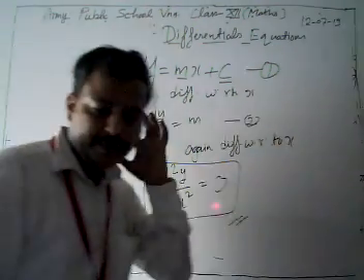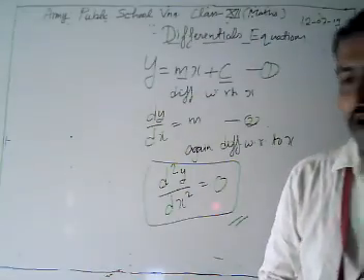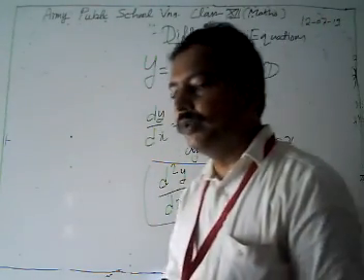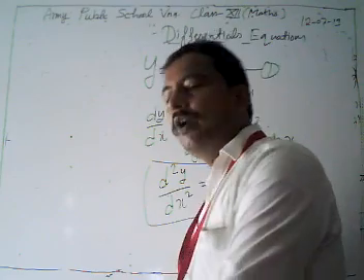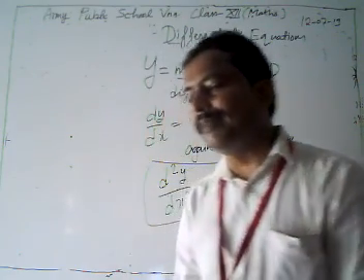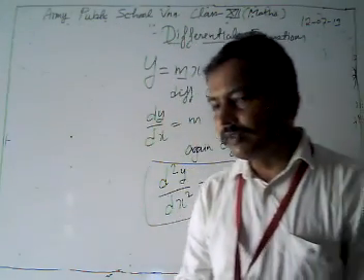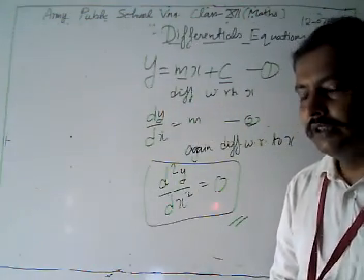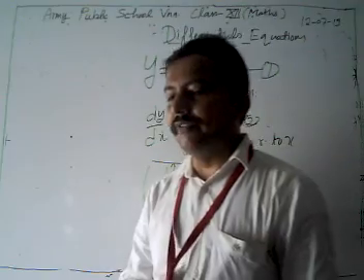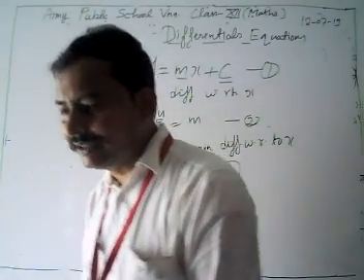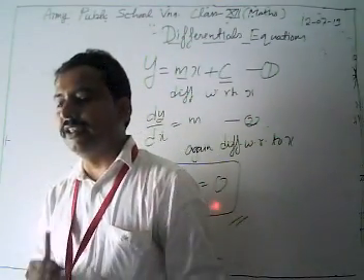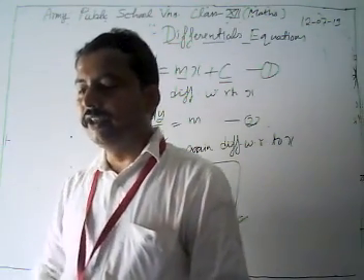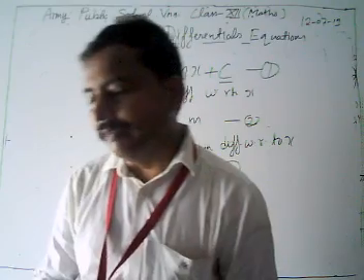Now look, till now we have discussed how we can form a differential equation. To form a differential equation, what do we have to do? We have to look at how many arbitrary constants or parameters are there in the given curve. If there is one parameter, we differentiate our curve one time. If there are two arbitrary constants, we differentiate two times. If there are three, we differentiate three times. And after that, we have to substitute and remove our parameters from the given equation.